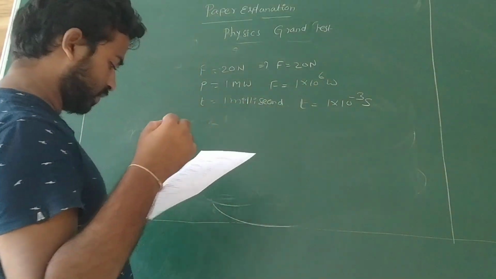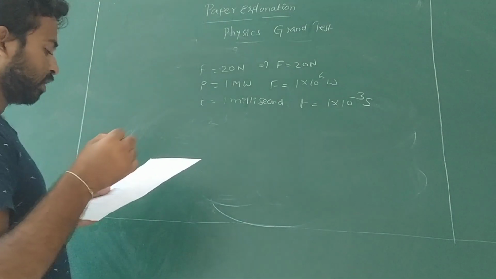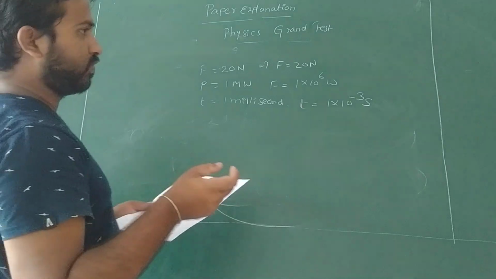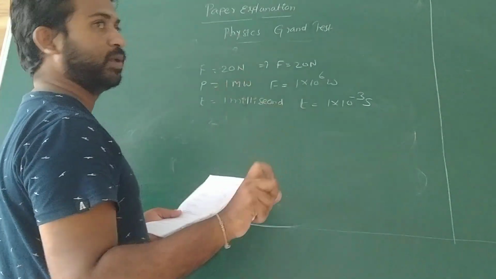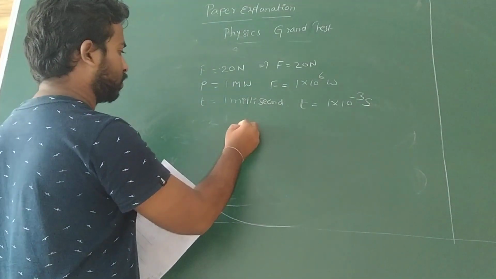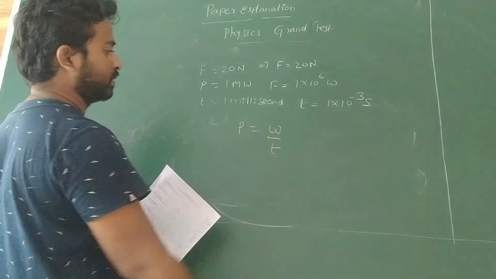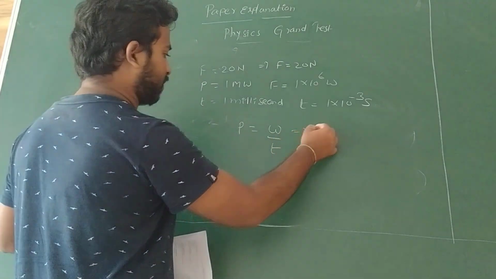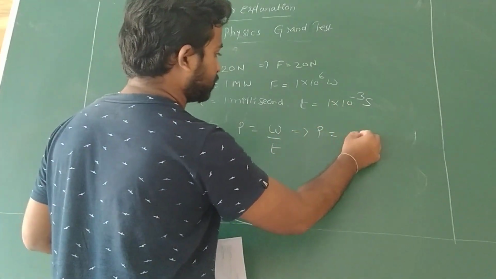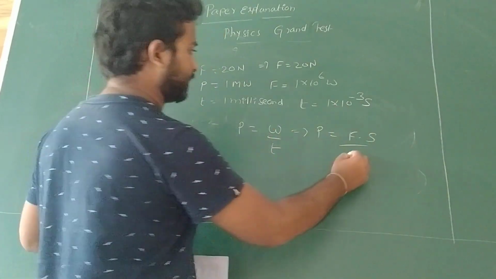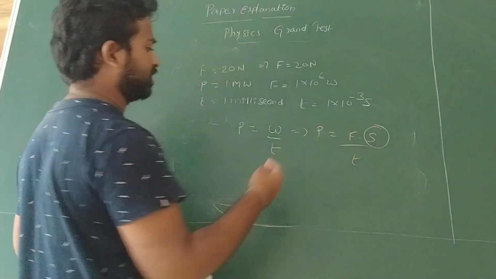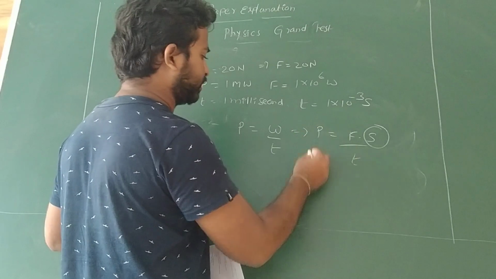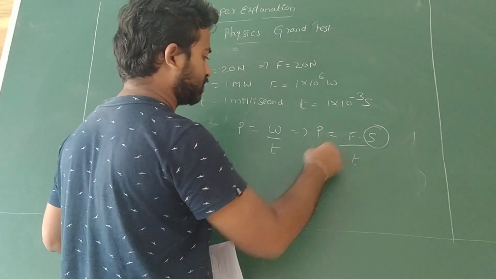So now we want to find out the unit of length. The unit of length is obviously equal to a displacement. We know very well power equals work done by time taken. Power equals work done, which is nothing but force into displacement, divided by time. So here we want to calculate this length, just a displacement or a length, right? Then it goes to this side, P into T, and then it comes to this side, F.